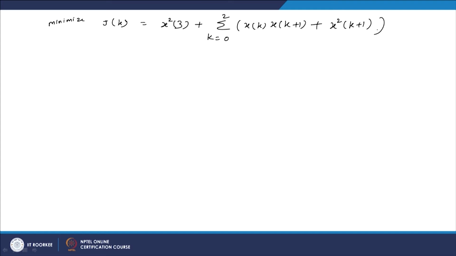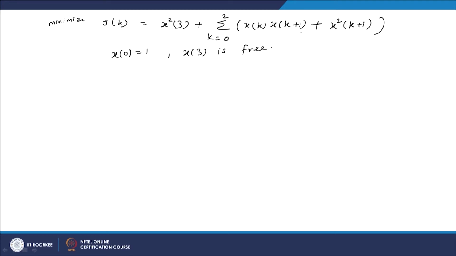So, here x of 0 is 1 and x of 3 is not specified, it is a free value here.